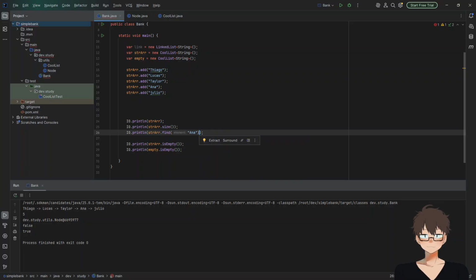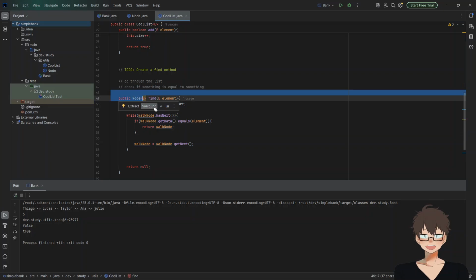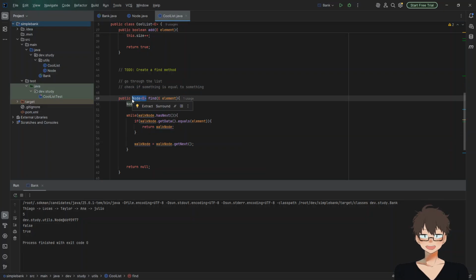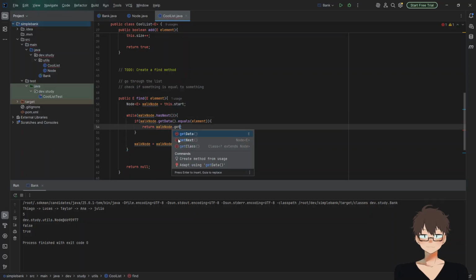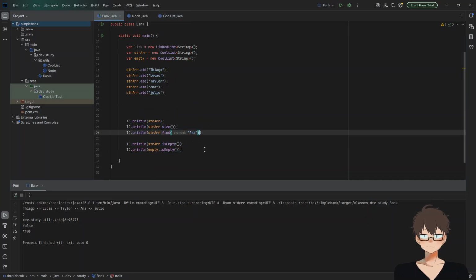So for now, what I'm gonna do is I'm gonna return the element. So I'm gonna return here the element, the E, just so we can test, and I send this .get data. It's fine. Now he'll print the data,